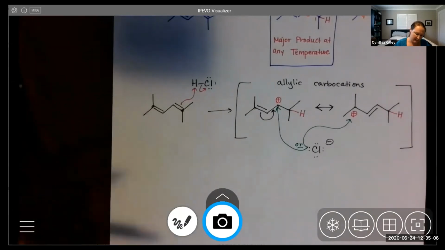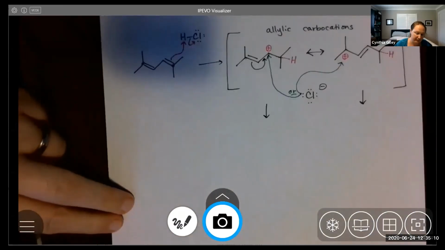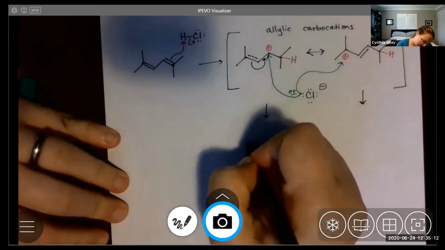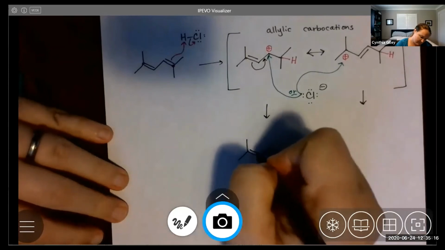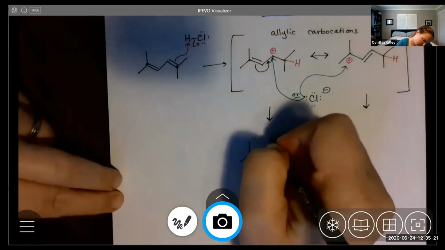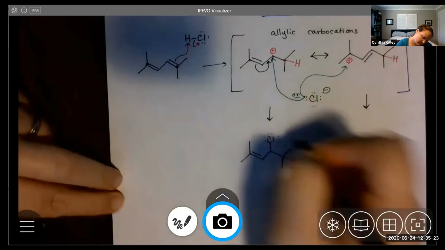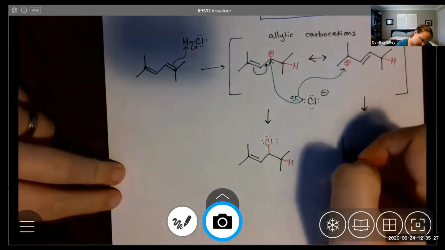That leads to two different products. Both of those carbons have a partial positive. And if it attacked this carbon, we get this product. If it attacks the other carbon,